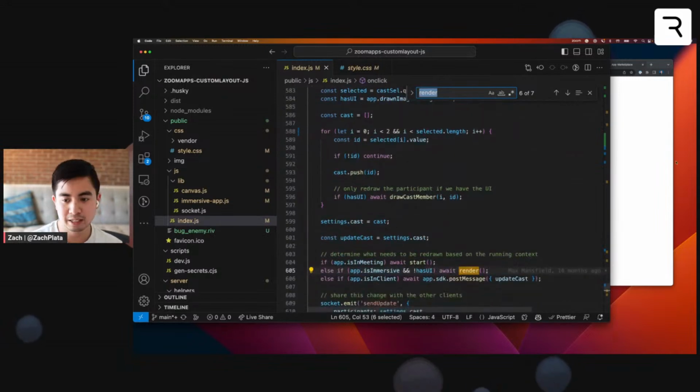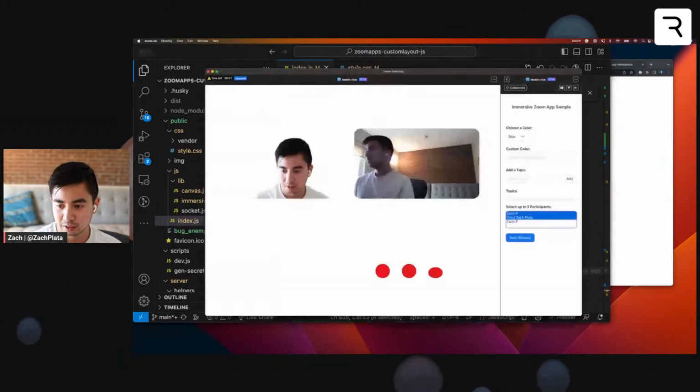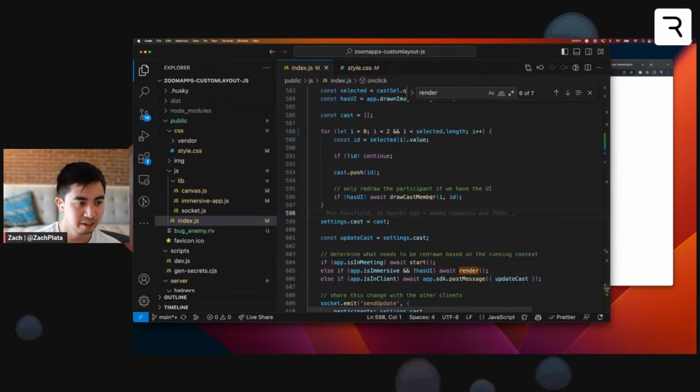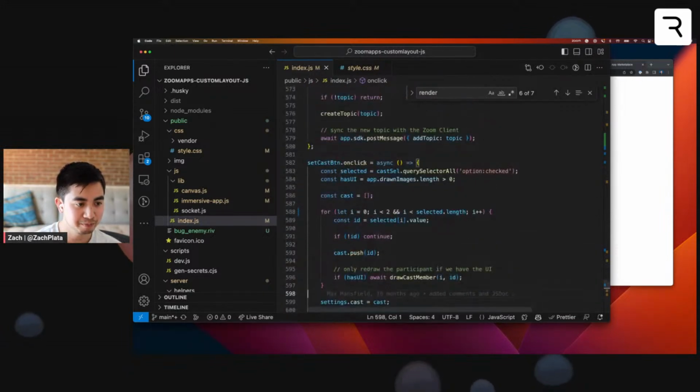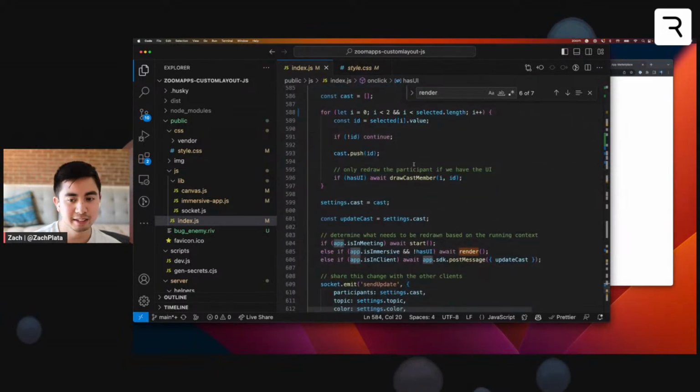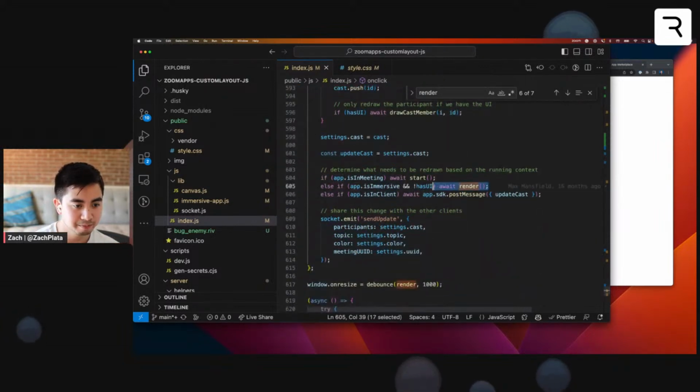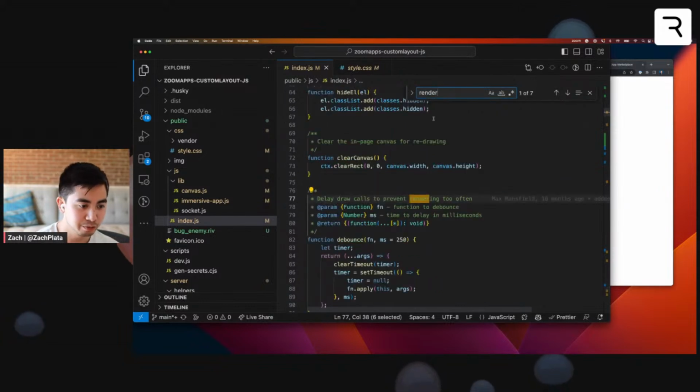So what's happening in my Zoom app is, when I clicked all my participants that I wanted to start a session with, when I click start session, this index.js has this on-click callback that I'm setting on this button, which is that start session button. And it's getting all the participants that are being selected. And I'm going to draw each member by calling this render function. And if I go back to the render function,